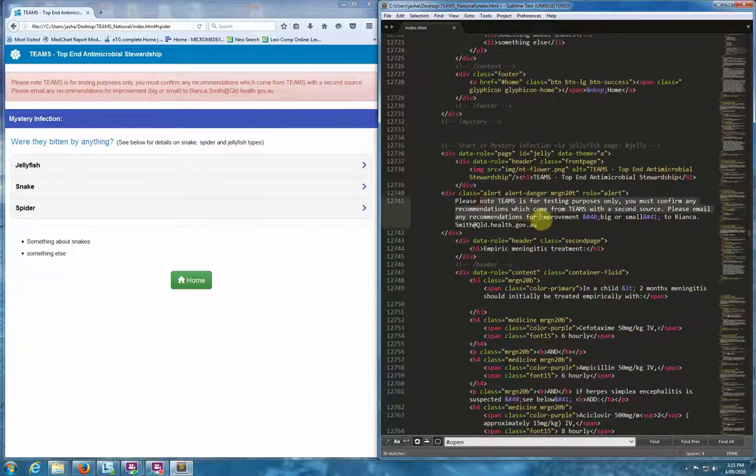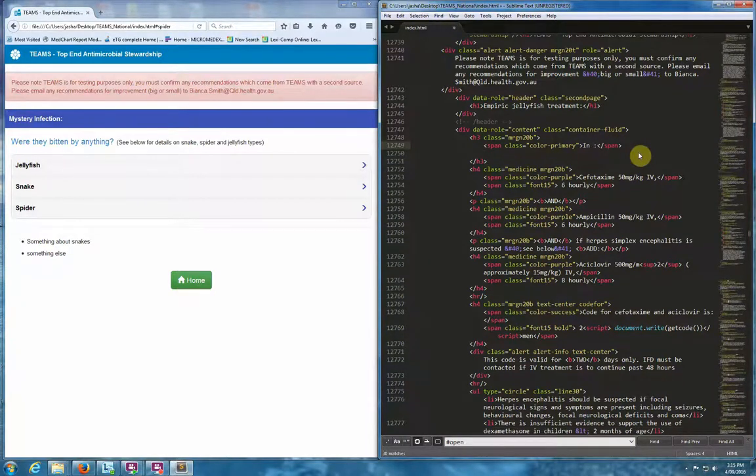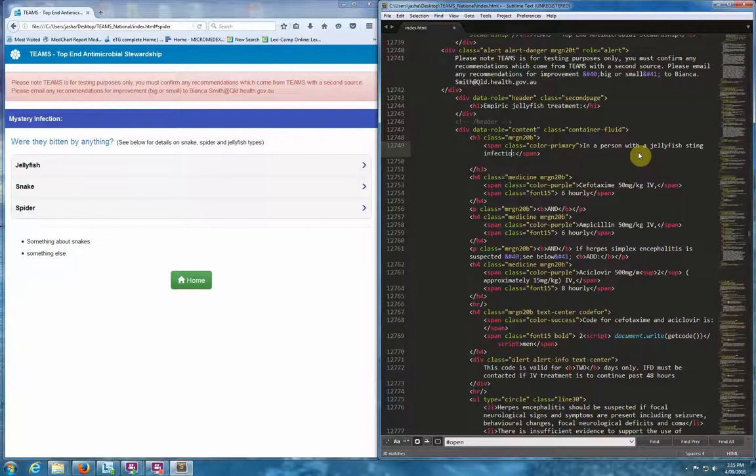There's the header, there's the preamble, just to say if there's something wrong, let us know. In here we want to say empiric jellyfish treatment. Okay, and there's what it says, whatever you should treat empirically with. So that LT just means less than. It's just a fancy way to do it. So in a person with a jellyfish sting infection, treat with,